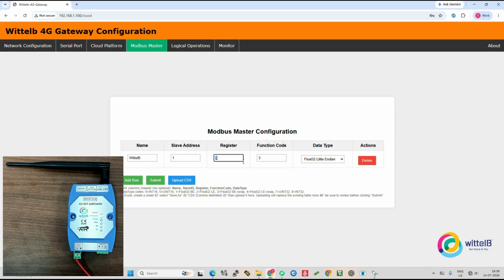Whenever you are connecting the energy meter, the energy meter will give only particular registers' data. At that time there is no need to give all registers; you can put only the particular registers here and it will fetch the data from those registers. And here we need to provide the function code,